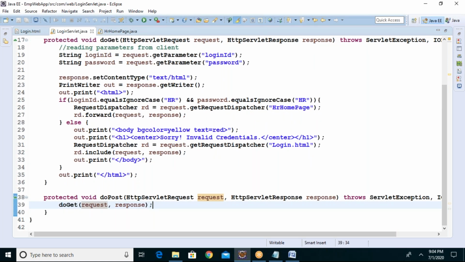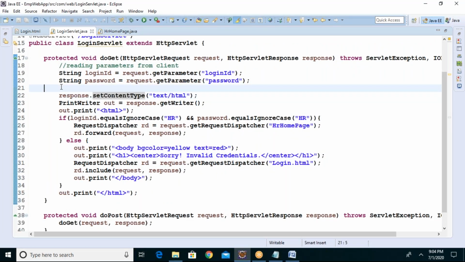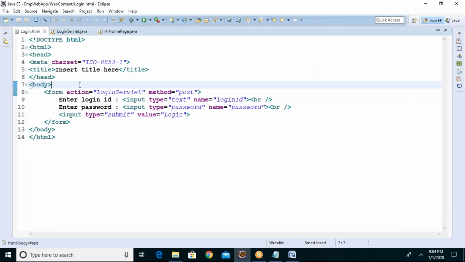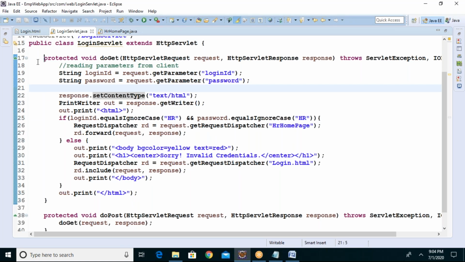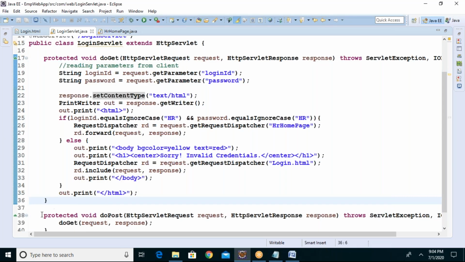Yes. So see, when you are developing a servlet, you should be in a position to respond to both get request and post request, because you never know which client is calling with what request. Suppose one client may call with a post request, another client may call with a get request. So your servlet should be able to respond to both.